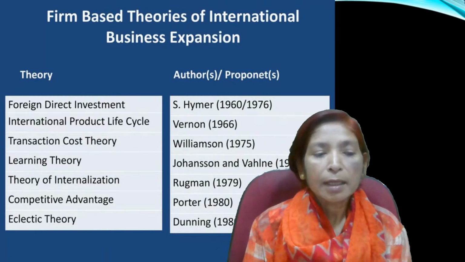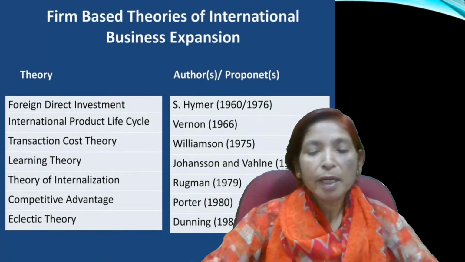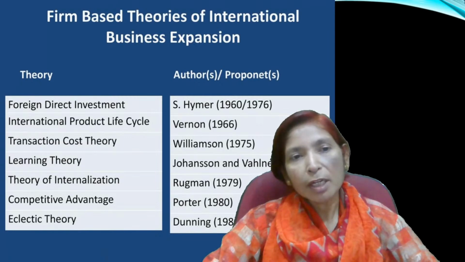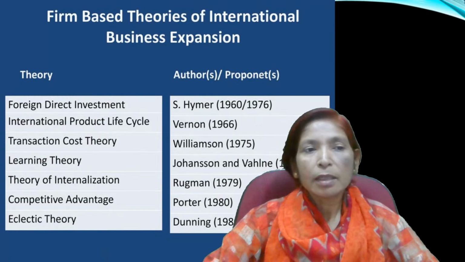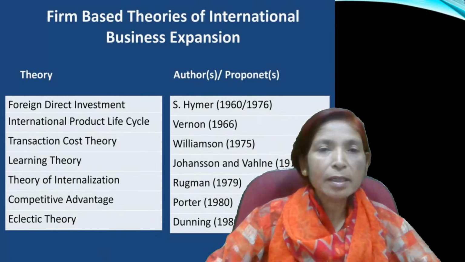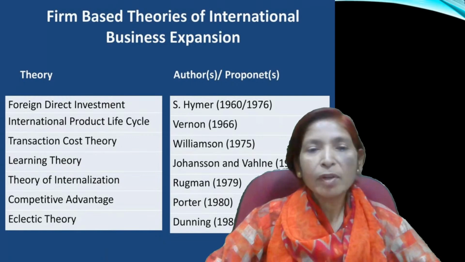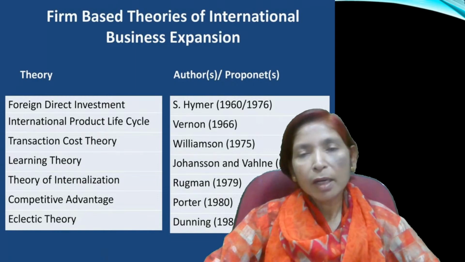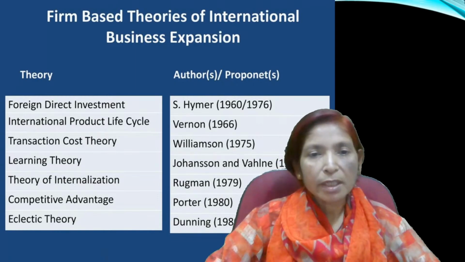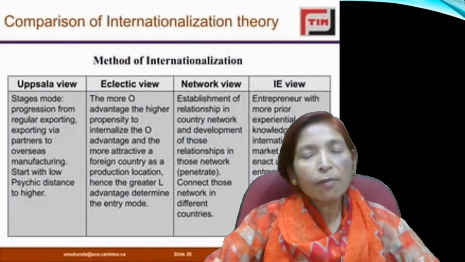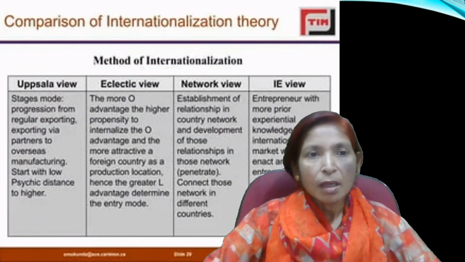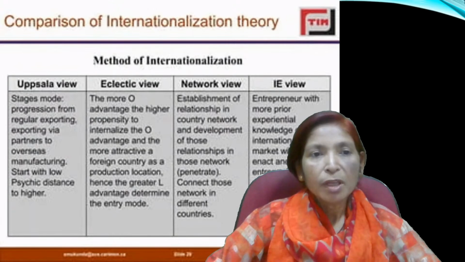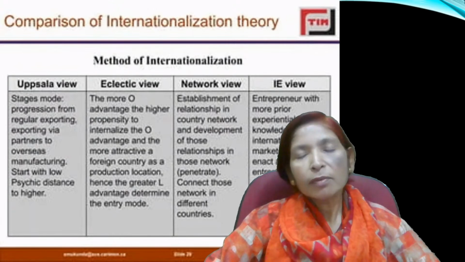And next is eclectic theory. It was presented by Dunning in 1980. So these are firm-based theories of international business expansion, and here on the left hand side the names of theories are given, and on the right hand side the authors who propounded these theories, their names are mentioned. Next is comparison of internationalization theory. Here some methods of internationalization are the Uppsala view, eclectic view, network view, and